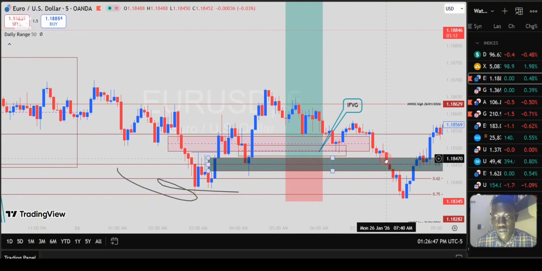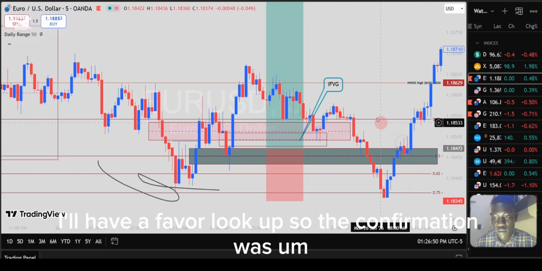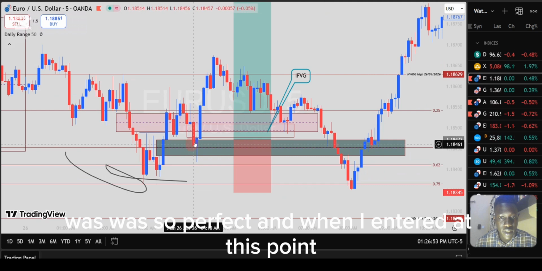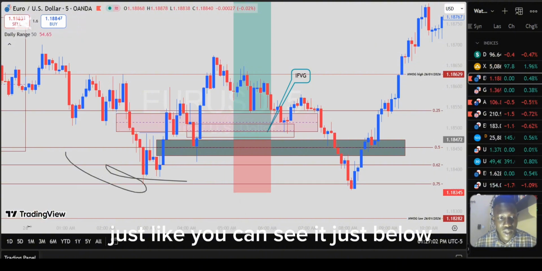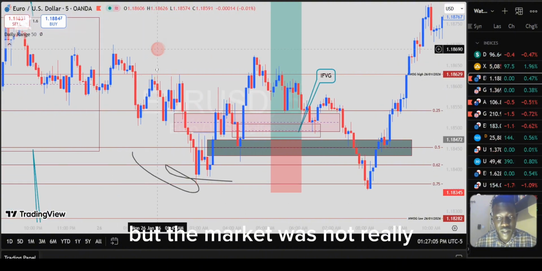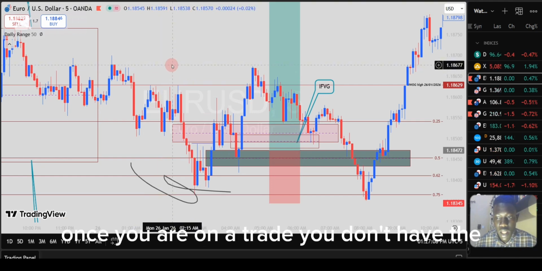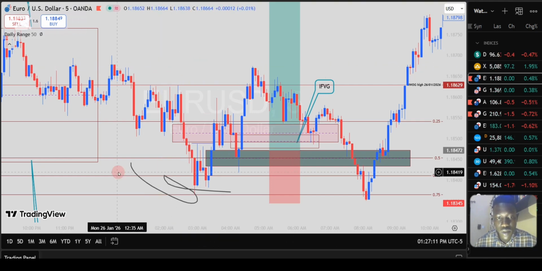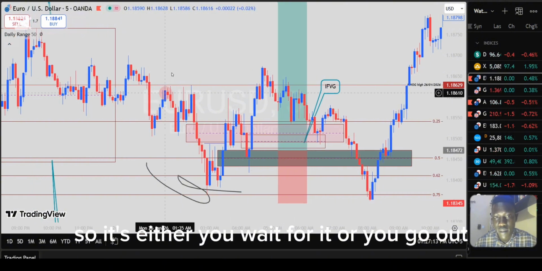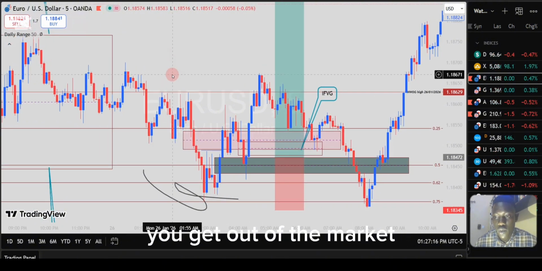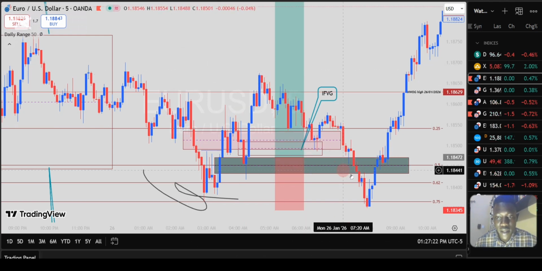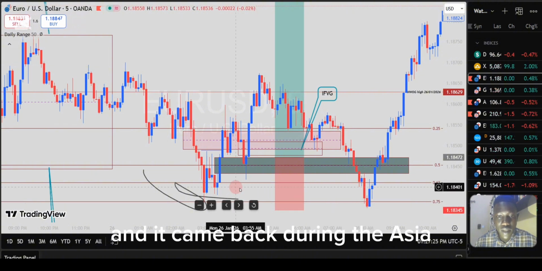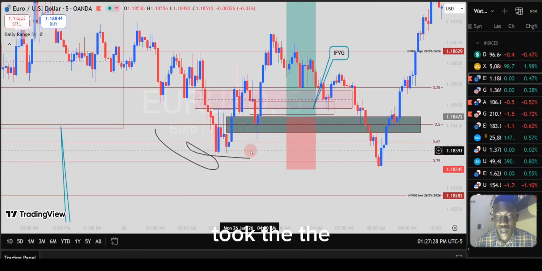The confirmation was so perfect, and I entered the market at this point, and my stop loss was just below, as you can see. But the market was not really cooperating. The one thing you have to put in mind is that once you are in a trade, you don't have the capacity to control that trade. You either wait for it or you get out of the market. The market can just do what it wants to do sometimes. So I entered this trade and it came back during the Asia session, took the London low as well,